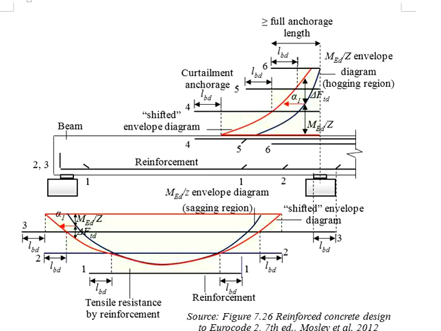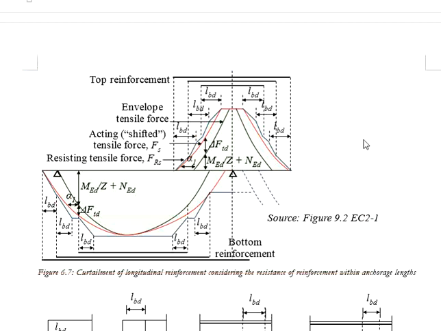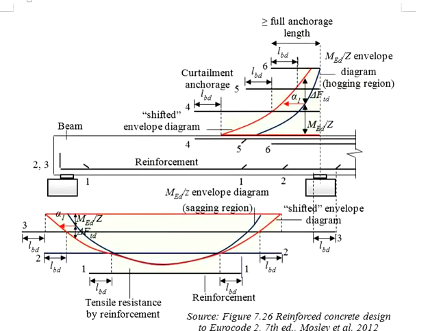Hi, let us continue with our discussions about the curtailment of reinforcement. In the previous videos, we mentioned two methods of doing curtailments of reinforcement in beams. The first one is the simplified method. The second one is the Eurocode method. The two methods work out the amount of reinforcement and curtailments of the reinforcement based on the tensile force diagram